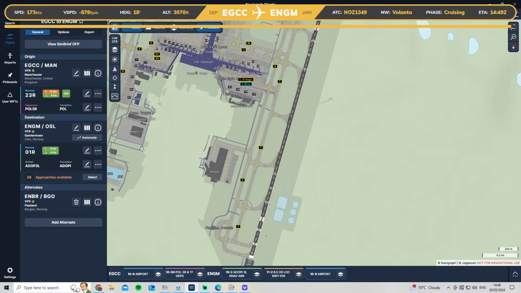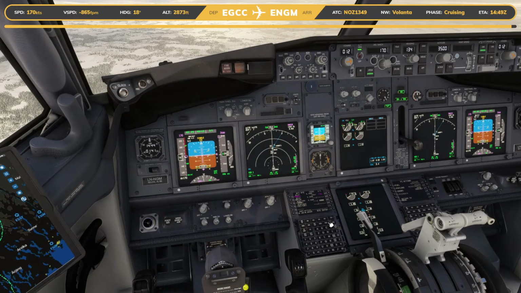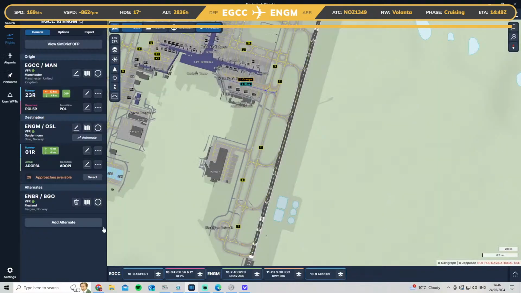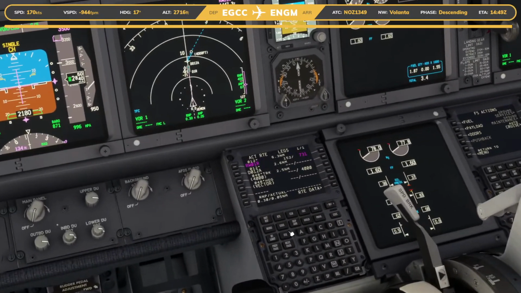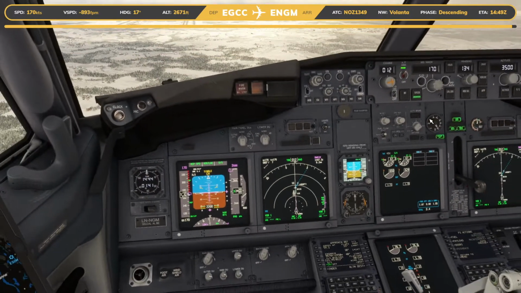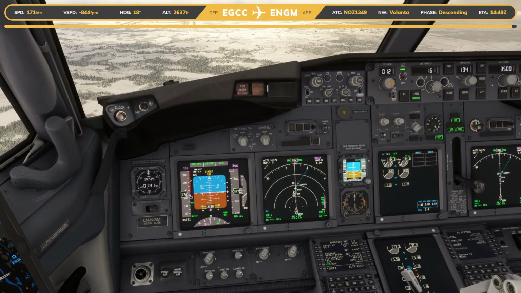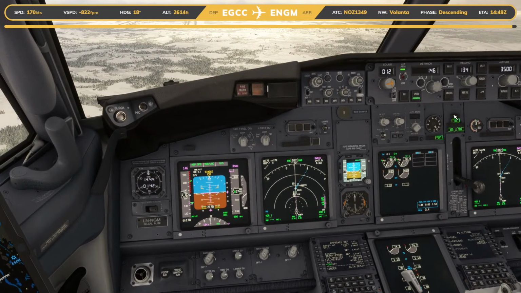Got him in traffic, Nordic 1349, 7 mile final, runway 01 right. Just realised it's not called Oslo, it's called Gardermoen, whatever, I don't know. I'm awful at pronunciations. Right, 147, final speed then. 147,